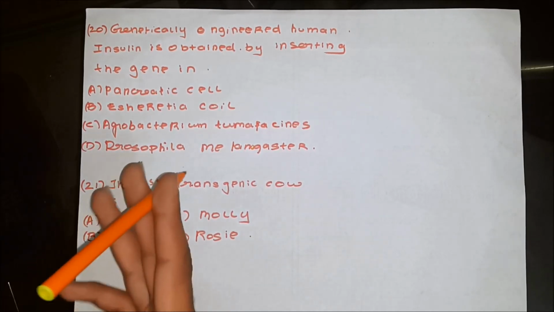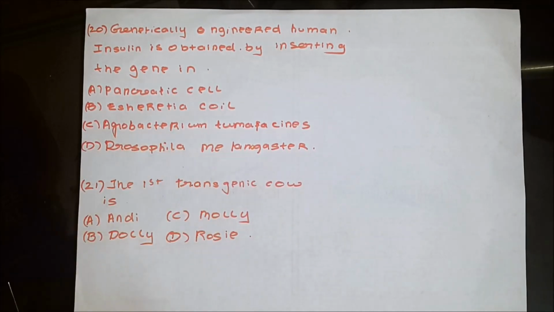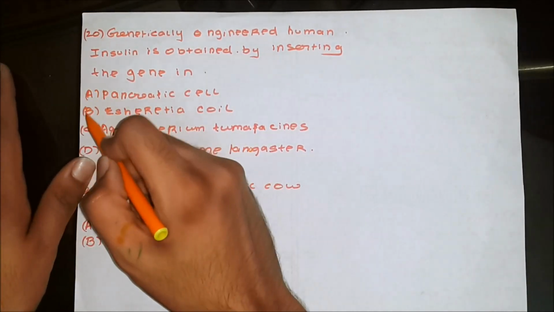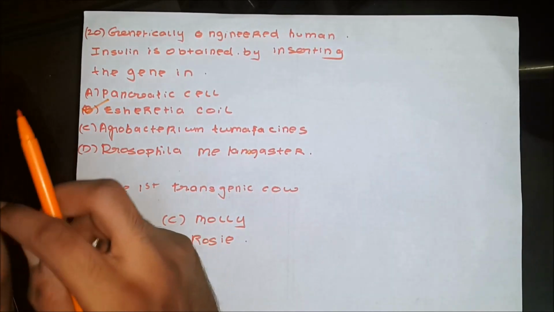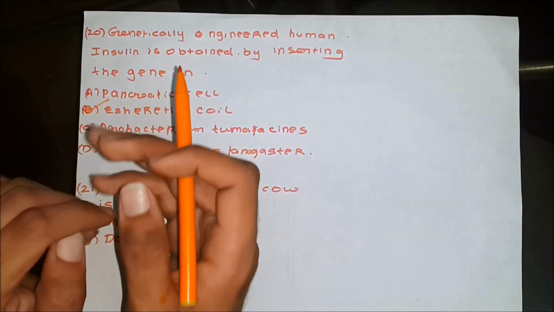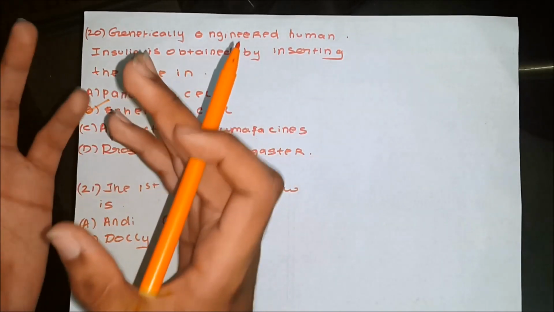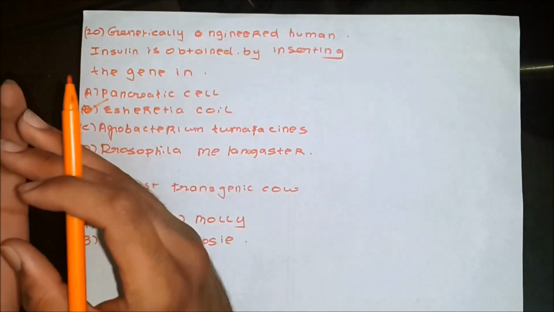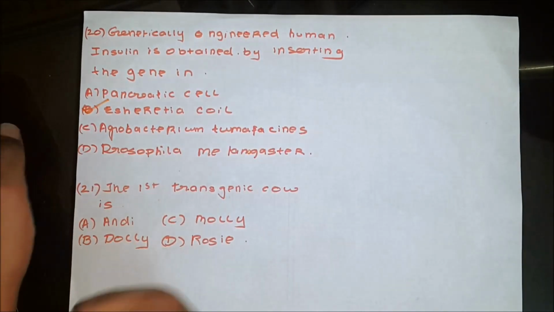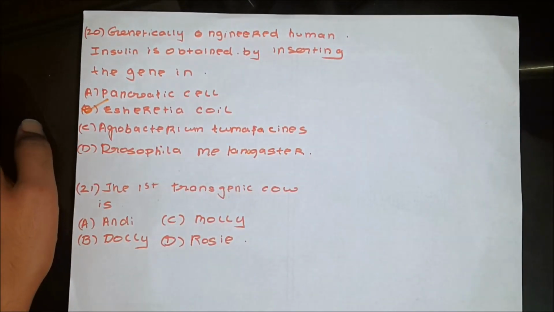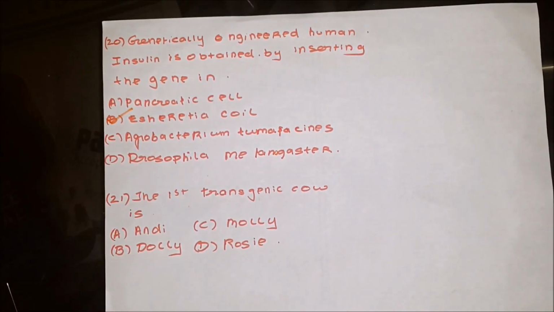Now insulin, the gene for it is basically inserted into E. coli. It has certain advantages for that. You can get unlimited supply of insulin, and we can also avoid genetically transferred diseases that we could get from transgenic animals, which was the method earlier used to obtain insulin. So the answer would be B, that is E. coli. Moving on to the next MCQ.